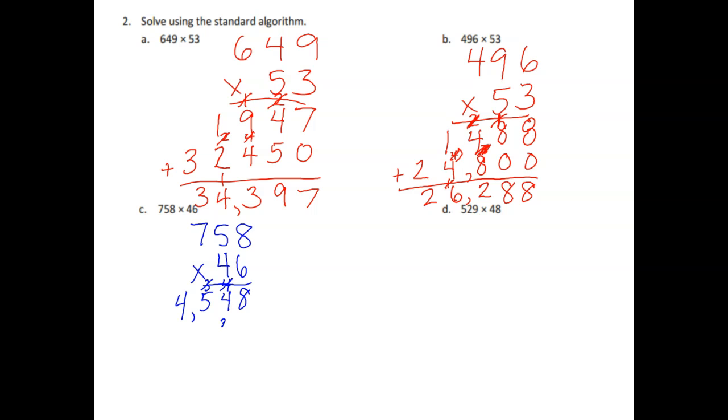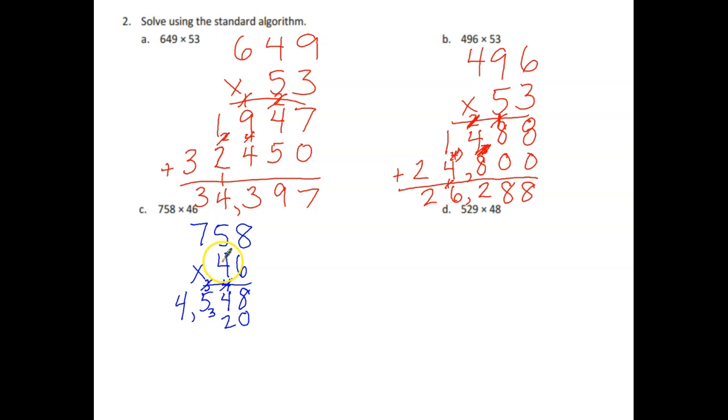So what I'm going to have to do is put my 2 in my tens place, 0 ones, and rename my 30 tens as 300s. That's a 3. It was supposed to be a 3. Sorry about that. So now I have